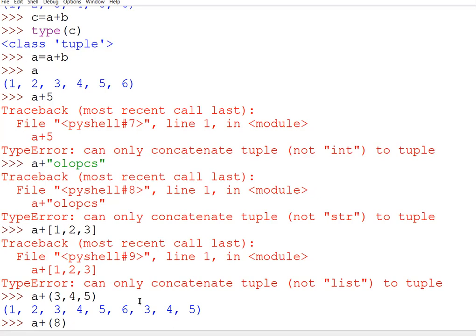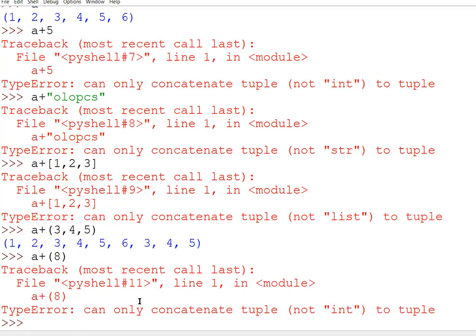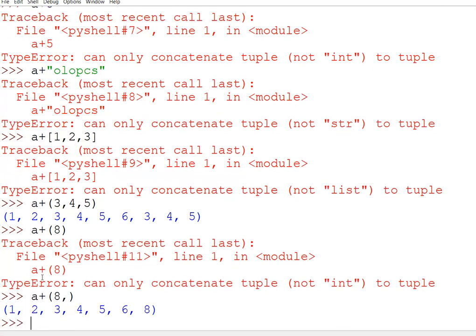Ma'am, because we have not put the comma here. Exactly. In the last class also we discussed the same thing. Right now this is not a tuple. To make it a tuple, because it is a single value, the syntax is to write a comma. Then it will be allowed and it will be added in the tuple. Is this clear now?